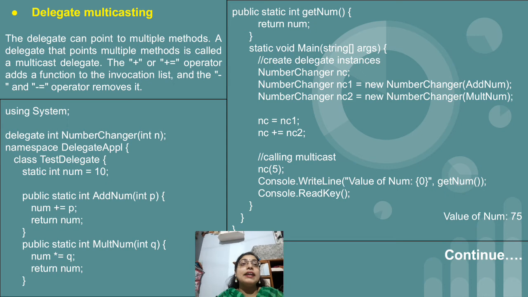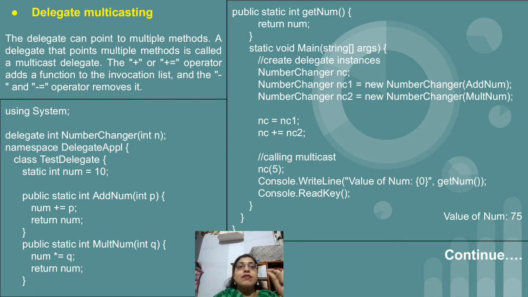By writing nc equal to nc1, nc is now containing the value of nc1, to which again we have added nc plus equal to nc2, means two objects we have added to the single object. nc equal to nc1 means we have passed the nc1 reference to the nc object, and to the same object of nc, we are passing one more reference, that is of nc2.